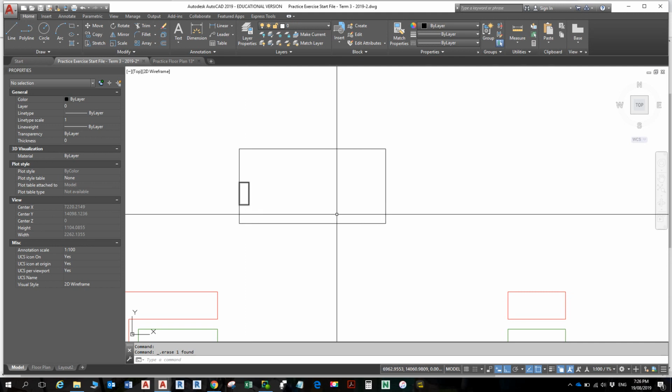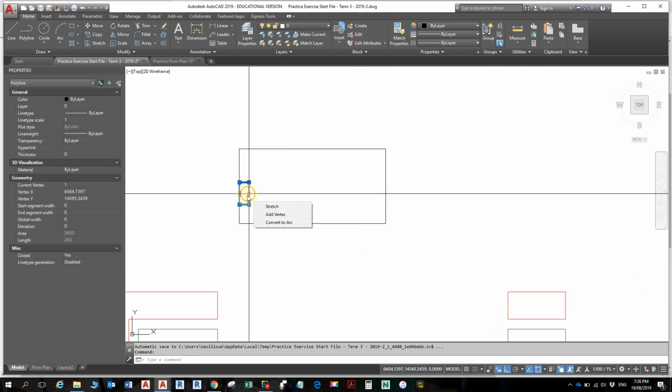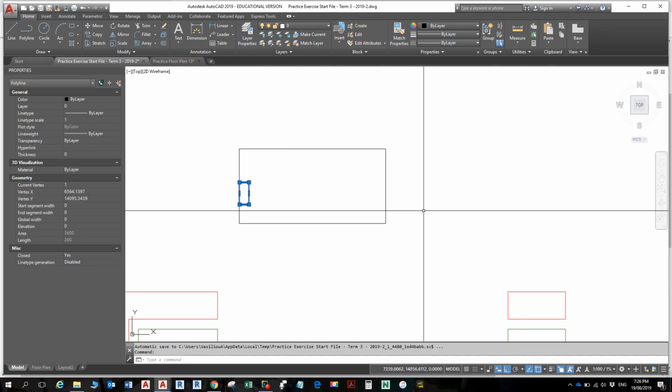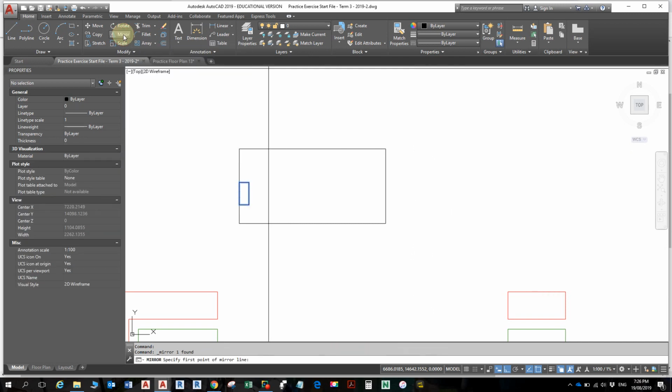So once I've got this one here, you either repeat the process over here on this side, or use that one and mirror it, which is probably better if you've got CAD in front of you. So if I just click on this thing here, and then I hit the mirror command, which is here. I don't believe we've done the mirror before. So if I click on mirror, which is underneath rotate,